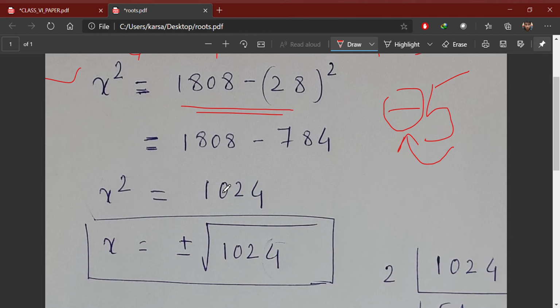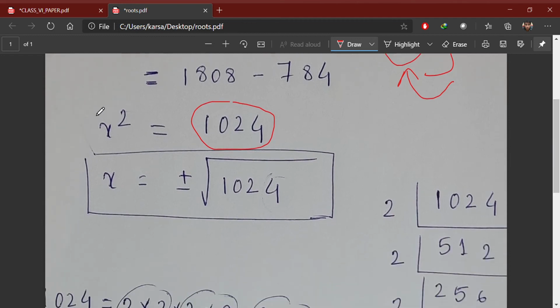Now x square is equal to 1808 minus 28 square, which is equal to 1808 minus 784, which is equal to 1024. So x square is equal to 1024. So what is the number? We need to do like this because we need to find x, not x square. So the power 2 and the power 2 will get cancelled, and we will find x is equal to